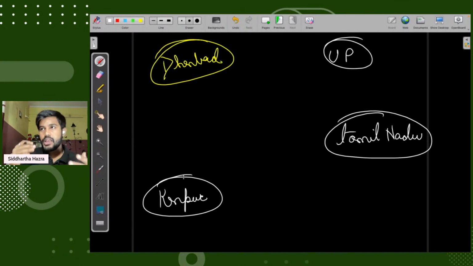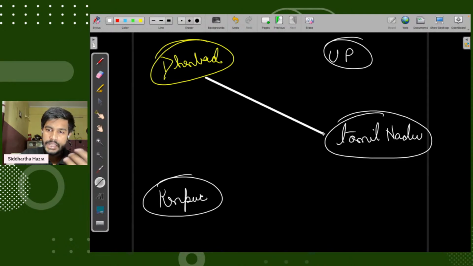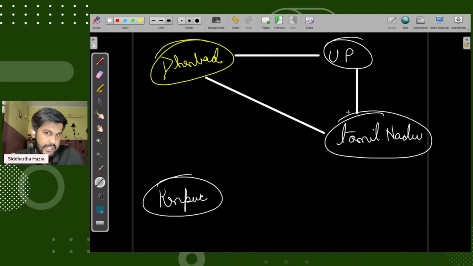So there are cities like Dhanbad, UP, Tamil Nadu, and Kanpur. We can safely say that there is a road between Dhanbad and Tamil Nadu, and there is one more highway via UP. And then we have Dhanbad to Kanpur.